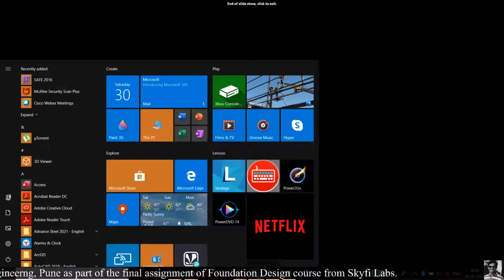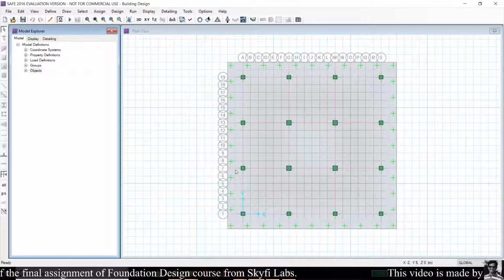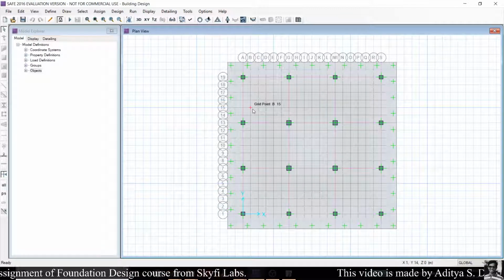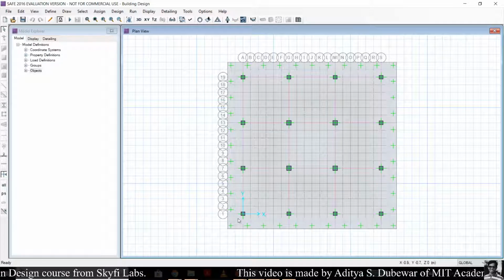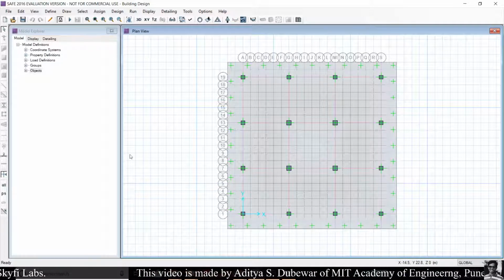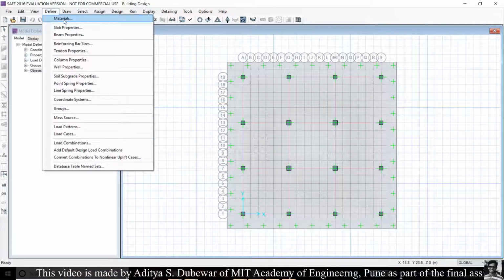Let's start with SAFE 2016. As I already designed this model, I open that file. I will explain every step of designing the foundation one by one. Our first step is define. In that we will define the material properties,